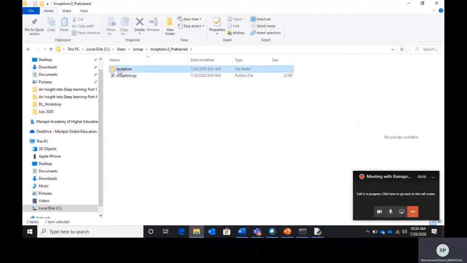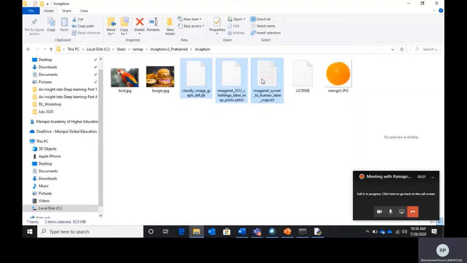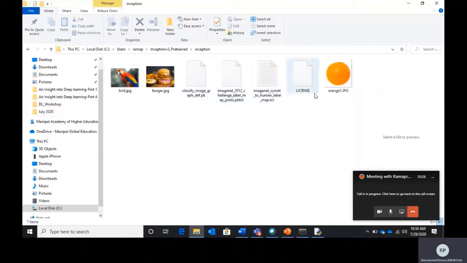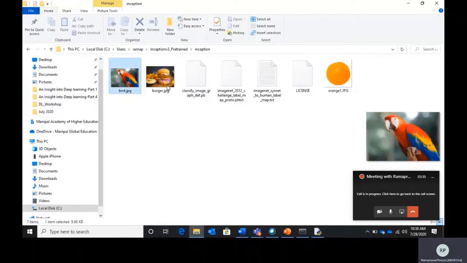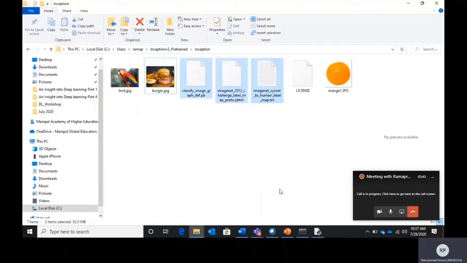Inside this folder I have these 3 files, along with a license file. These 3 files will be the input files which go as input to the Python script, and this is the license file. You can go through the terms and conditions mentioned in the license file. I also have some test images to test whether this CNN model is working perfectly. But these 3 files are very, very important.